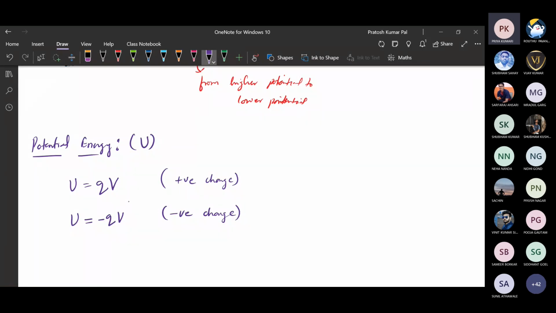Okay, so always we know the law of conservation of energy says that the total energy, which is the sum of potential energy and kinetic energy, will remain constant. So if we represent the total energy as W, it will be a constant, and that W will be kinetic energy plus potential energy. This statement is considered the law of conservation of energy.